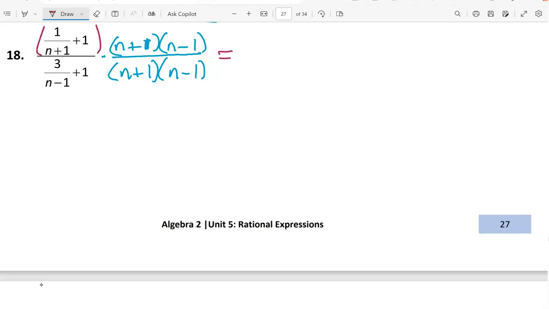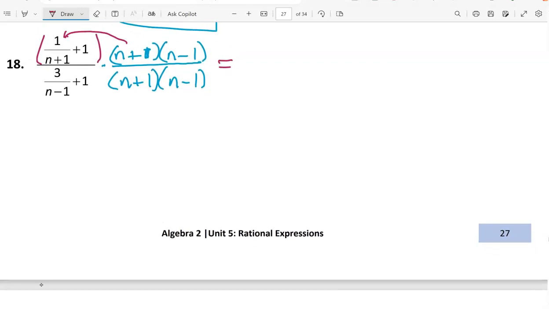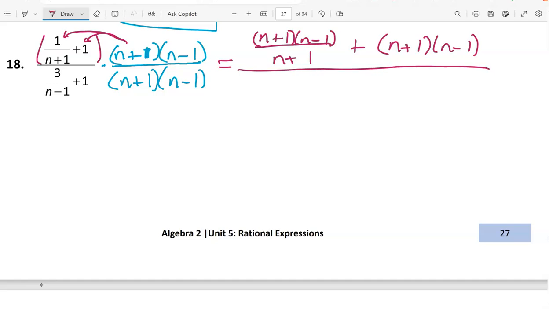So remember to distribute to each of the terms in the numerator. So distributing to the first term, we get a result of n plus 1 times n minus 1 over n plus 1, plus, and distributing to the second term, we just get 1 times n plus 1 times n minus 1. And then downstairs, distributing to the first term, we get 3 times n plus 1 times n minus 1